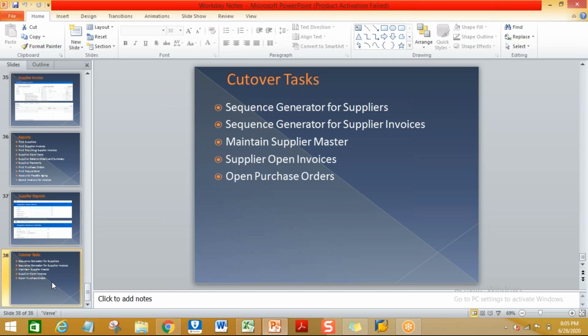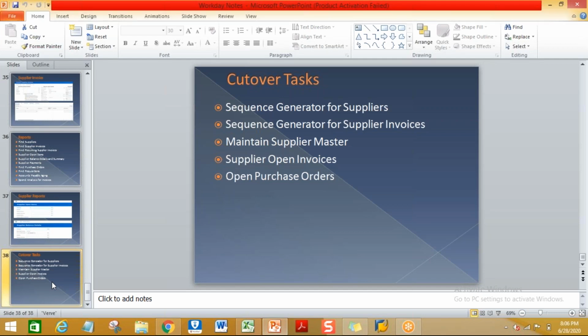See, the cutover strategies are the data migration strategies. In general, in any ERP, if you are migrating from one system to a new system, what kind of old data do you have to migrate to the new system? The data includes both master data and transactional data. Master data is one-time data, and the transactional data is your historical data. What type of strategy you are following, what type of data you have to load in each sub-process.